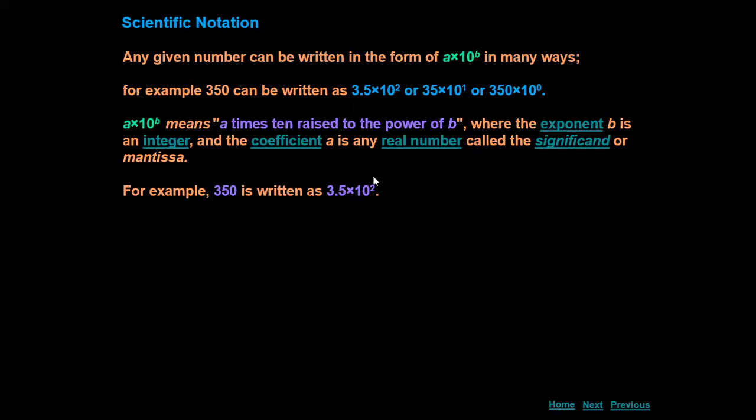And 10 power 1 also should not be there. So when the power is more than one, we will write in this notation, because 10 power 1, if it is there, means 35, so further we don't need to write it. Generally we follow this notation when the power is 2 or more. It is not wrong if we write 10 power 1 or 10 power 0, but generally what we follow is, after one digit we place the decimal, and the powers will be 2 or more. It may be minus or plus. So that is how we write scientific notation.